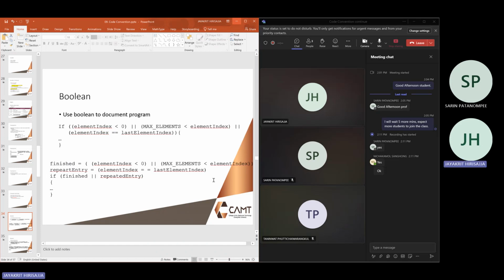And this is a good example of using Boolean. You can use Boolean to document the program. Just like if element index is less than 0, or the max element is less than element index, or element index is equal to last element index. When you read this code, you can get the idea what this loop is doing, what this decision making loop is expecting,